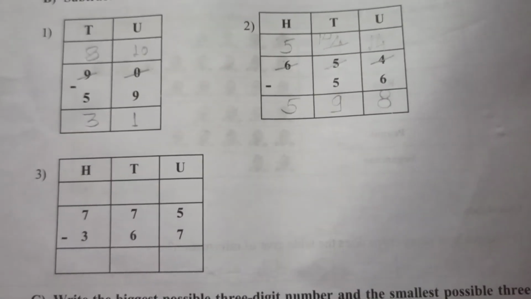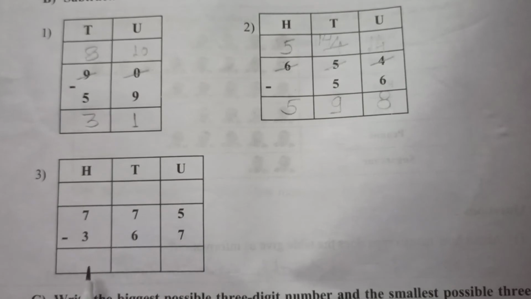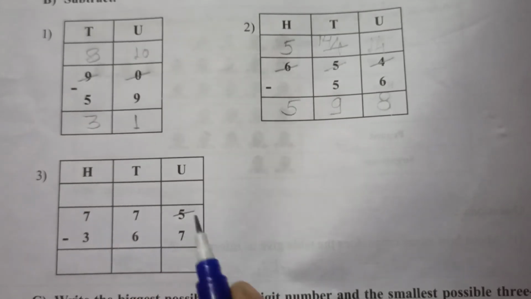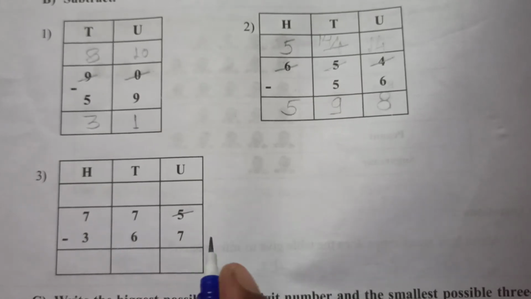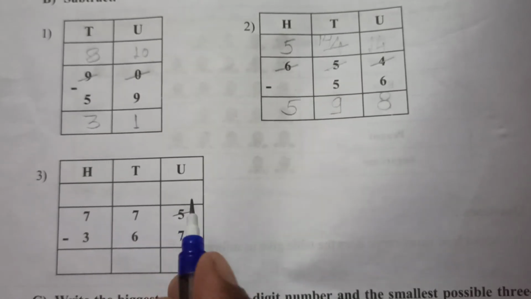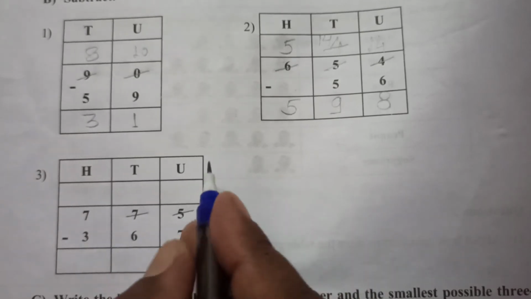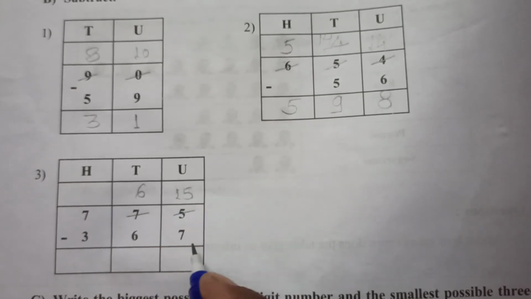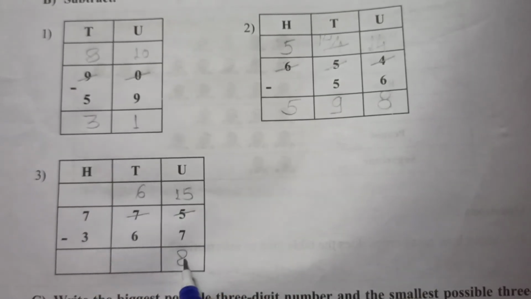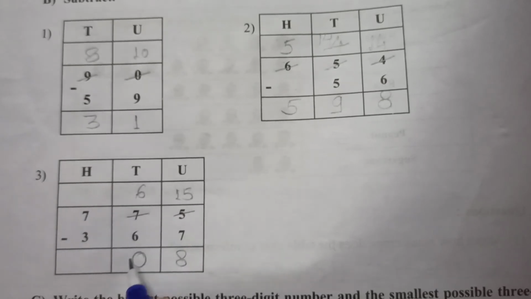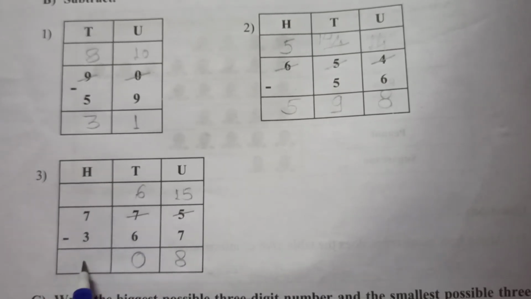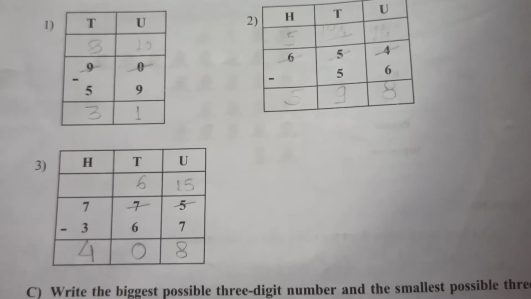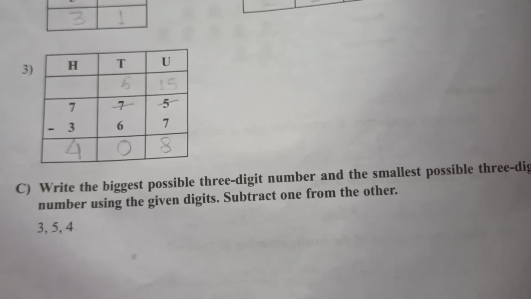See this. The next question is 775 minus 367. Same position here, not possible. We cannot subtract 7 units from 5 units. So take 1 ten from 7, so 7 becomes 6 and 5 becomes 15. Now 15 minus 7 is equal to 8. Now 6 minus 6 is equal to 0. Then 7 minus 3 is equal to 4. So the final answer is 408. Now let's see the next question.